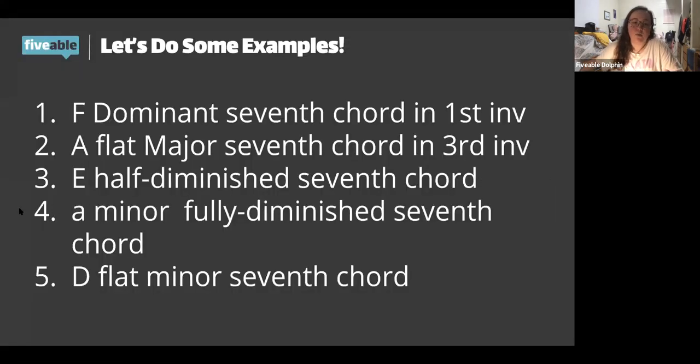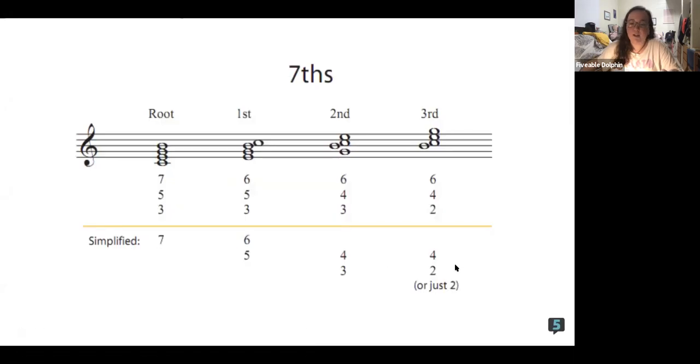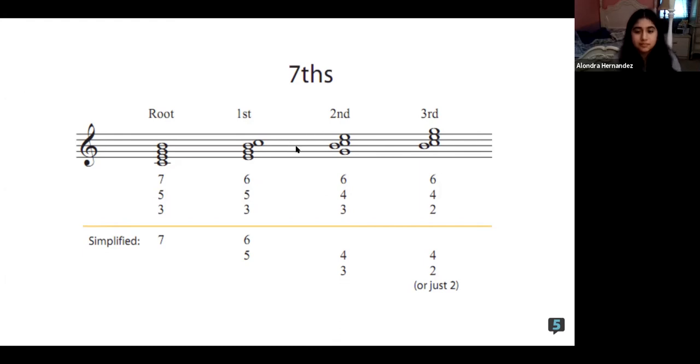Okay, well, let's actually go back for a second. Are we okay with the notation here? The 7, 6, 5, 4, 3, and 2. Could you review it a little? Just go over it? Yep. So with 7th chord inversions,